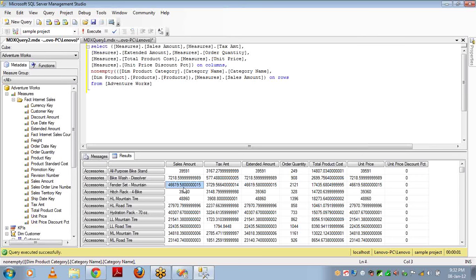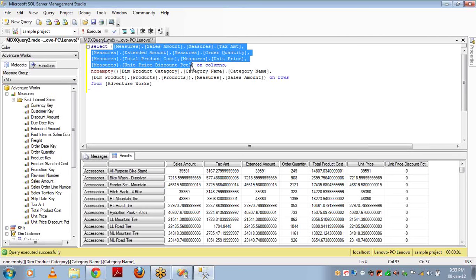Let's say I have data like this. This is null and this one has value, this one has value, and all the remaining measures have data. So if I use non-space empty, I cannot filter the record. Non-space empty will work only when the complete row of measures given in the columns is null.